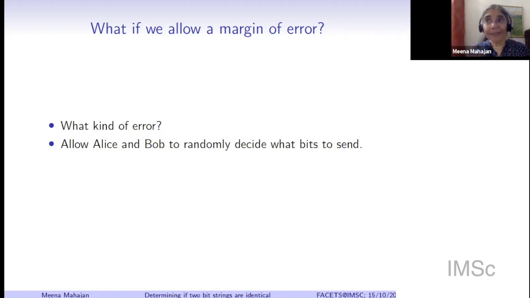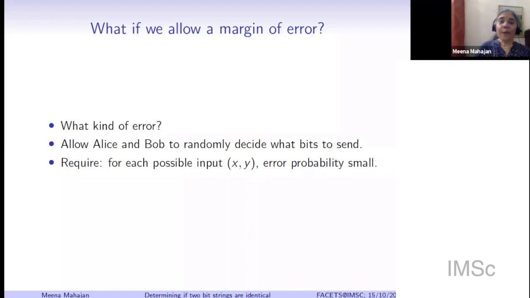So this is important. We are talking about what happens on the very same input. What we would require is that for each possible input X, Y, X with Alice and Y with Bob, there is some error probability because there are random choices built into the protocol. The probability that the protocol concludes X is equal to Y when they are not equal, or that it concludes that X is not equal to Y when actually they are equal. That would be the error probability. What we require is that for every possible input X, Y, the error probability should be small. Is it even possible to do something like this?